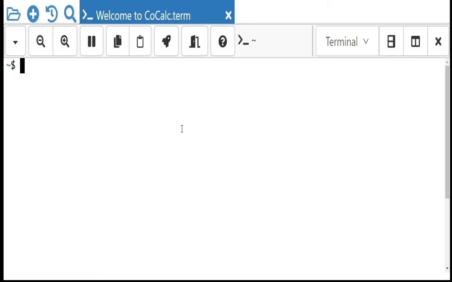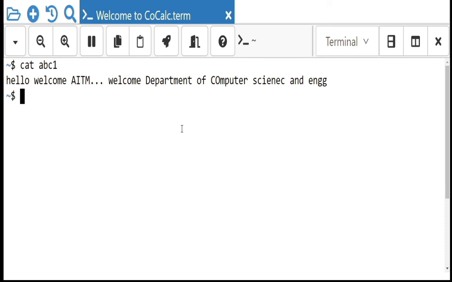Next, the od command. In Linux it is used to convert the content of input into a different format, with octal as the default format. It means the contents of files will be converted into octal. For example, in the ABC1 file we have some contents like hello, welcome to AITM, welcome to Department of Computer Science and Engineering.